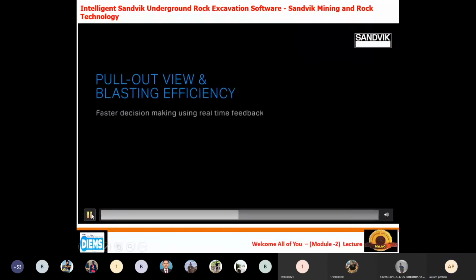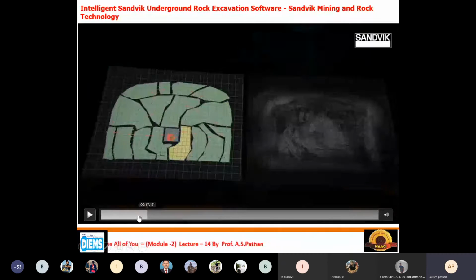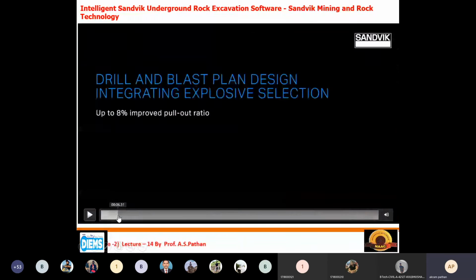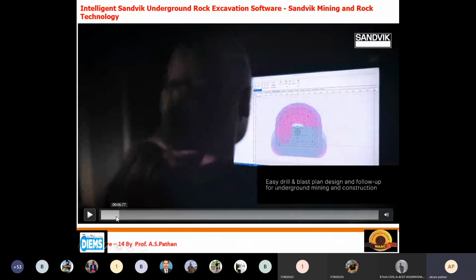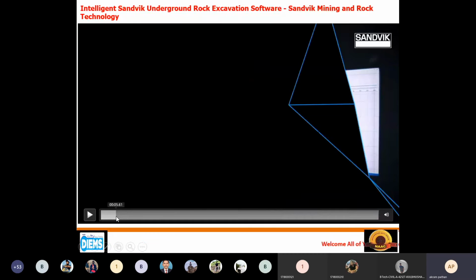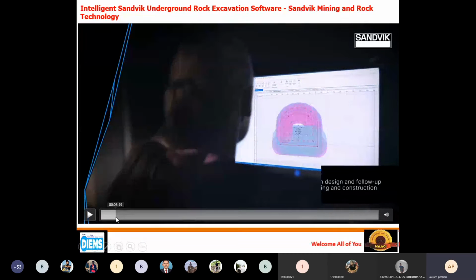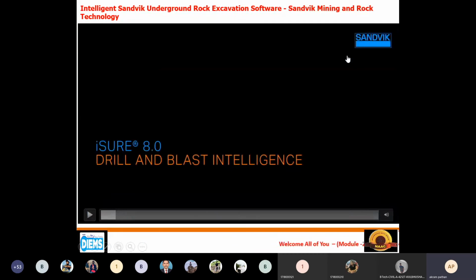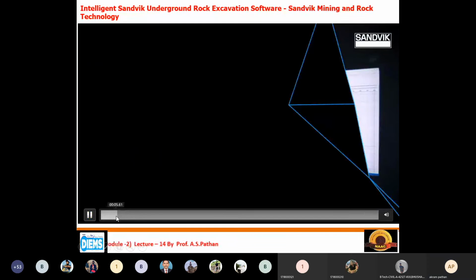So see here, first of all, the first step. Generally, what we should do with the help of this Sandvik mining rock software.